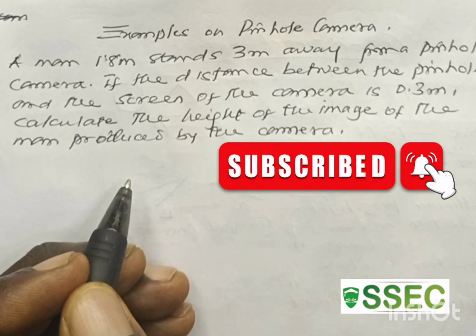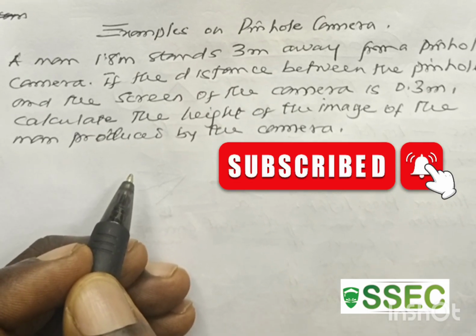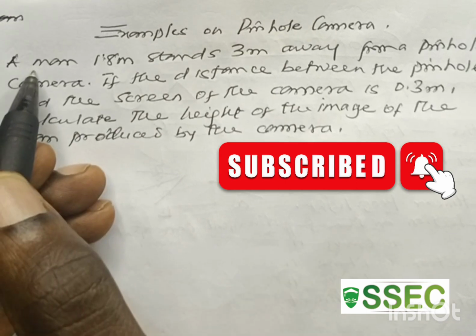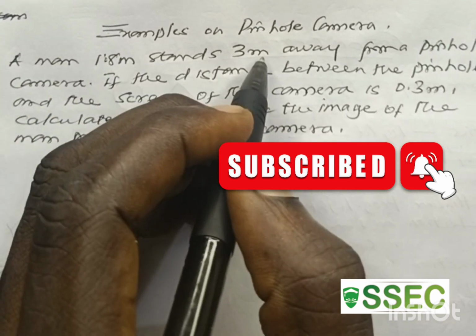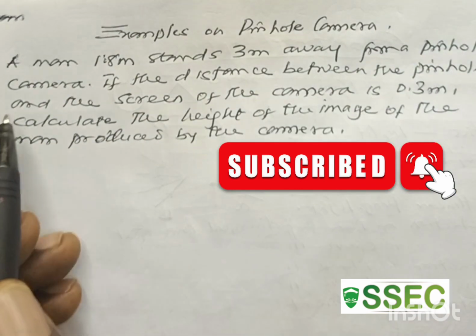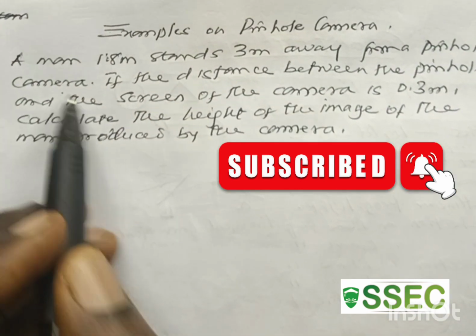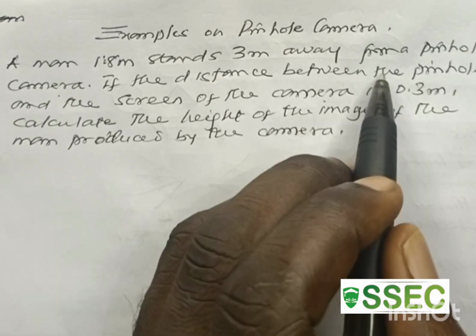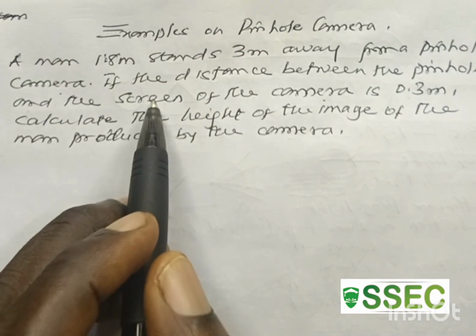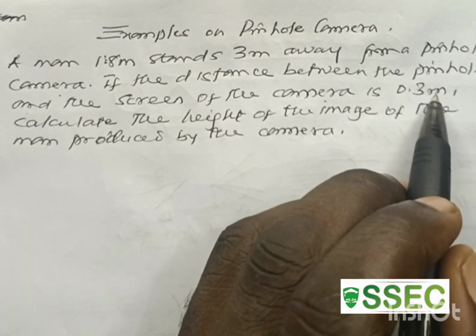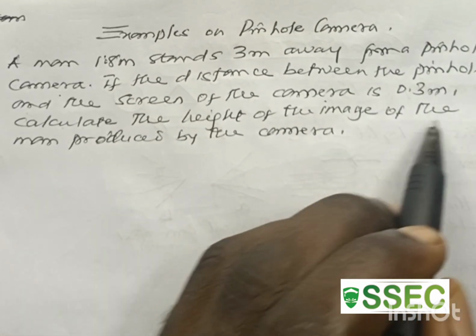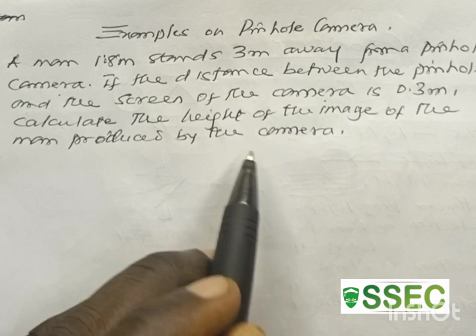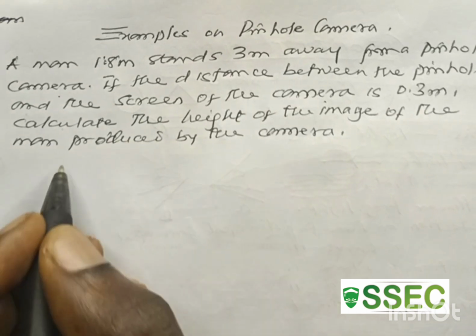All right, let's take examples on pinhole camera. A man 1.8 meters tall stands 3 meters away from a pinhole camera. If the distance between the pinhole and the screen of the camera is 0.3 meters, calculate the height of the image of the man produced by the camera. To solve this question,